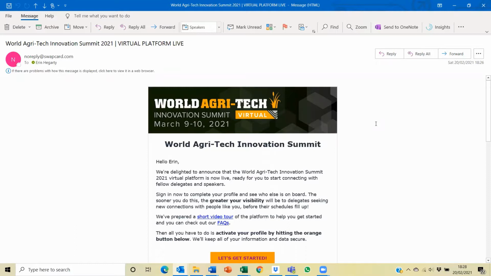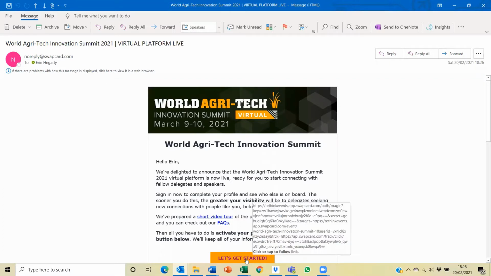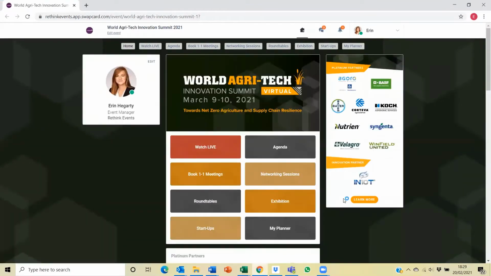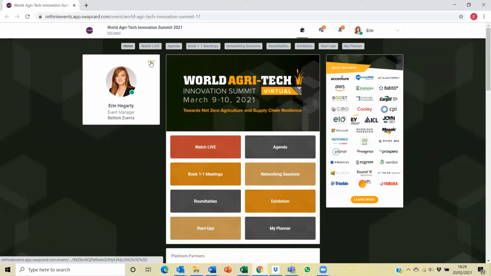You'll be sent an email to log into the platform, which will come from noreply@swapcard.com. Click on the Let's Get Started button to enter the platform. Once you've entered the platform, click the Edit button above your details on the left-hand side of your page to